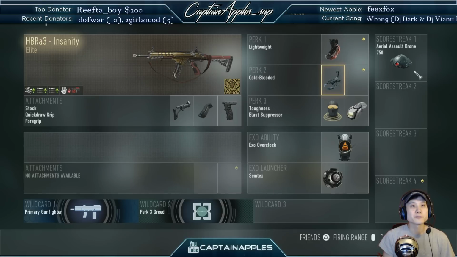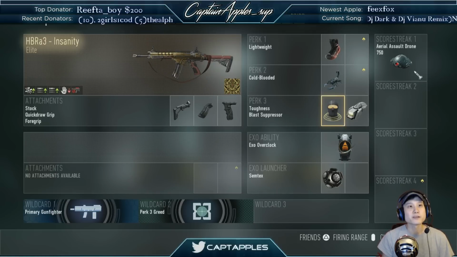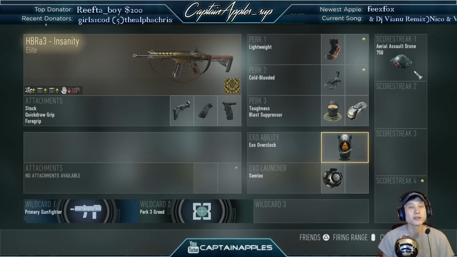I use toughness and blast suppressor, so I can stay hidden when I'm moving, jumping around, XOing from one hardpoint to the next, so they don't know where I'm coming from. That's for blast suppressor. Toughness helps me win more gun battles. Use overclock. For every hardpoint, you have to have overclock. It's just a must. You got to get to each hardpoint as quickly as possible, so you got to have overclock. Have a grenade